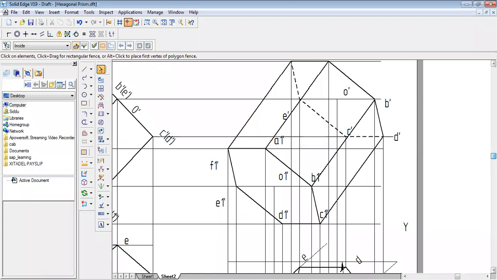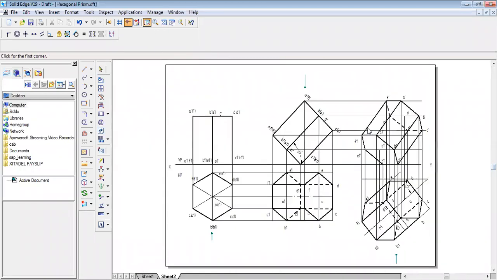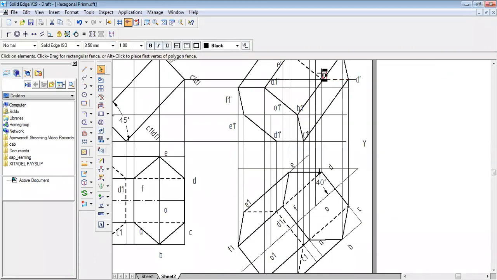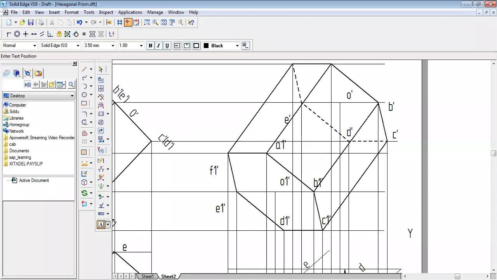E to E1, sorry, E to E. In fact, one second. See here, we have interchanged our names. This is C dash and this is, so that is why I told you I made a mistake, because the moment we locate a point, it is important to identify it. We should name it. Naming is very much required, and you should do it the moment you locate the point.